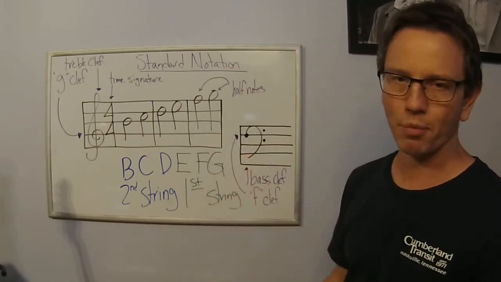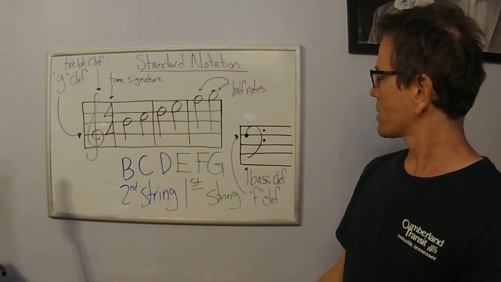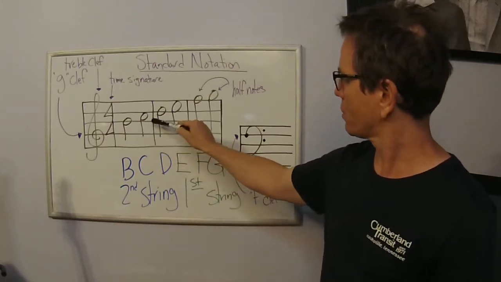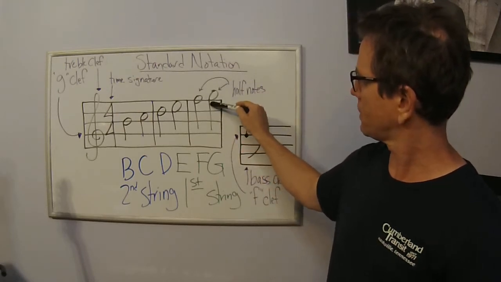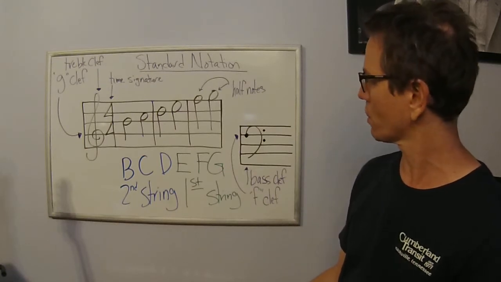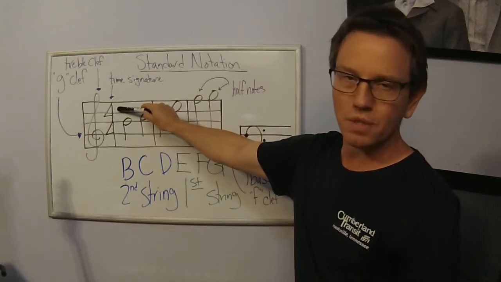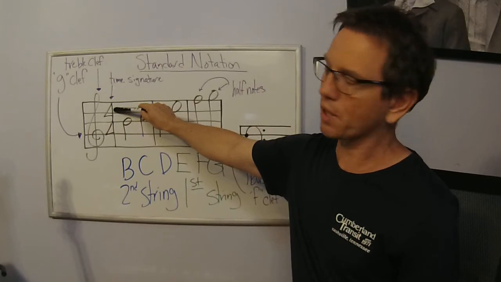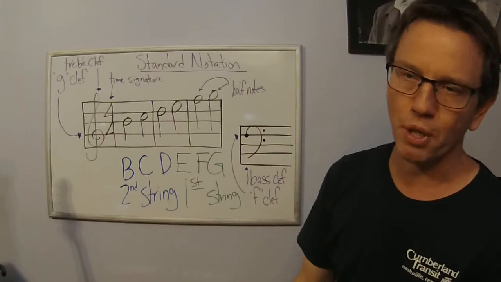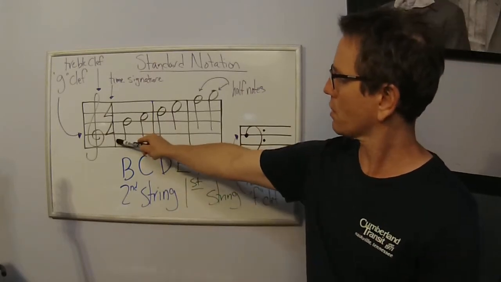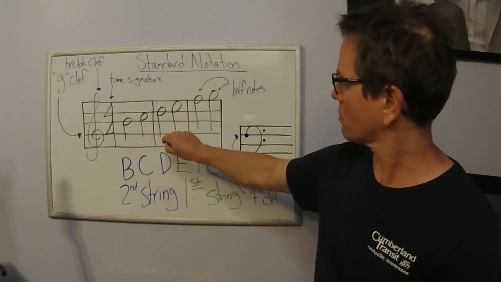In the videos where we talked about rhythm and strum patterns, quarter notes, half notes, just the basics of rhythm, we talked about half notes. And a half note gets 2 beats. So it's this circle with a stick on it, and it's not colored in. If it were colored in, that would be a quarter note. And then here we have our time signature. The time signature tells you how many beats per measure and what gets the beat. So in this example, we're in 4/4, so you'll get 4 beats per measure, and the quarter note gets the count. So essentially, you will have 4 counts per measure, and then you count to 4, and then you count